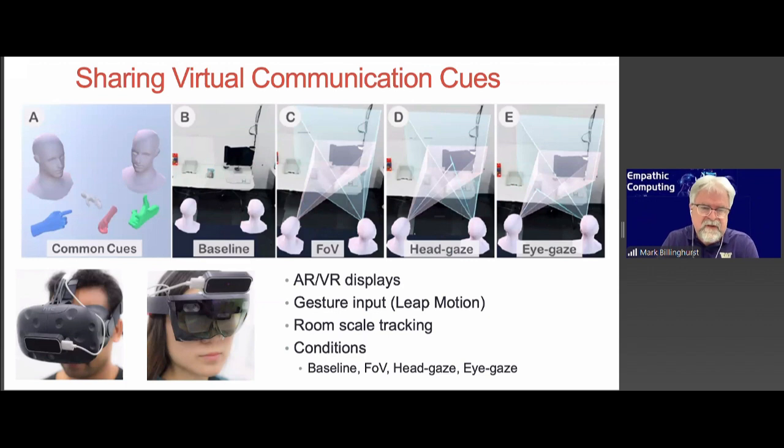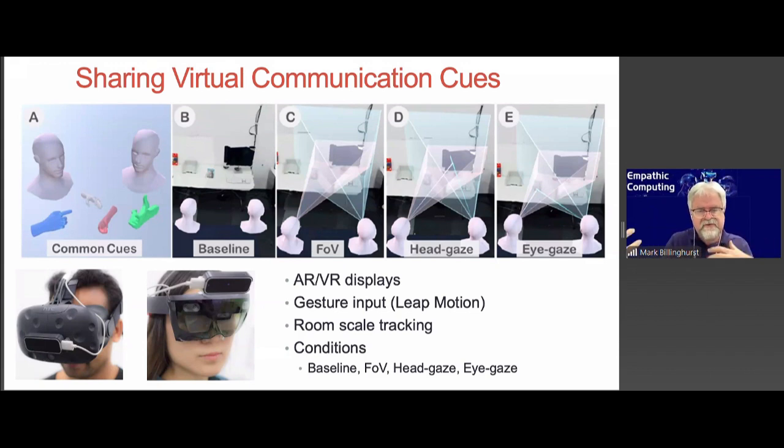So for example, in this case, we did a project of collaboration between somebody in AR and VR. And what we did, both people were represented as pink virtual avatars. You can see the pink heads there. But what we did is we added a virtual view frustum there. So in the real world, when you talk to somebody, you can really only see what they're looking at when you can see their face. But in AR and VR, we can add this virtual pyramid that shows what they're looking at. So now we can see what they're looking at without seeing their face.